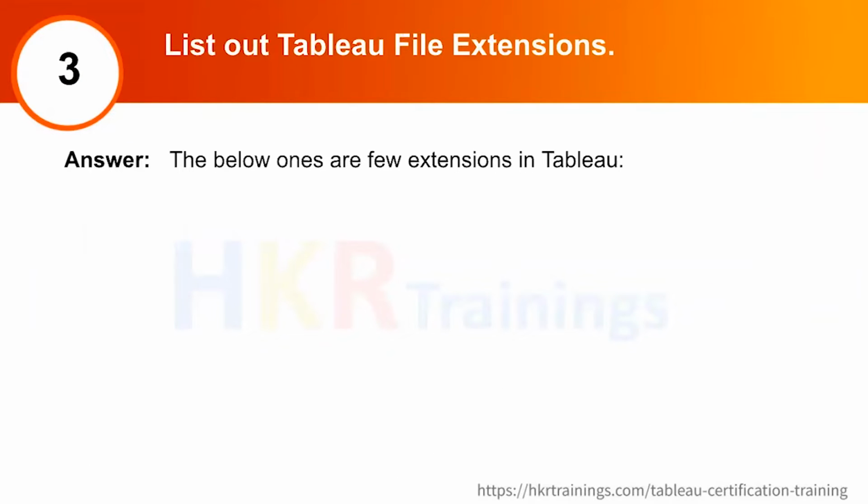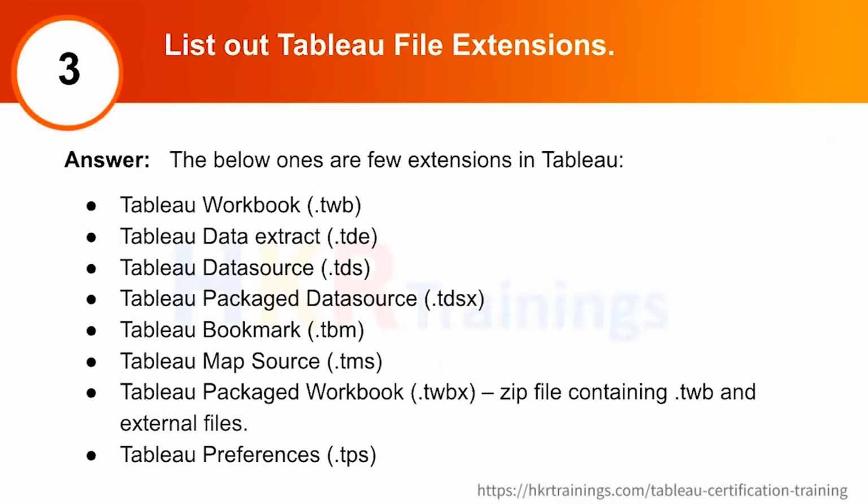As I already told you in the initial phase, whenever we are creating any extract, it stores a .hyper file in the local repository. In the same way, there are multiple extensions of Tableau. The first one is .twb. Whenever you are creating any report and you are trying to save that file, you have these many options to save that file. The first one is .twb. It is a Tableau workbook, meaning whatever charts, graphs, and sheets you create in Tableau, you can store over there. But this .twb doesn't contain the data source. It's excluding the data source.